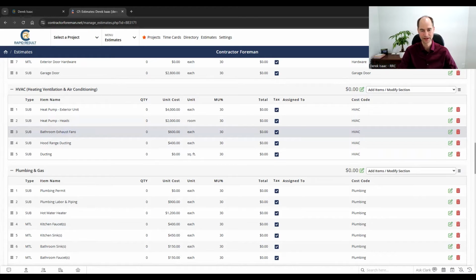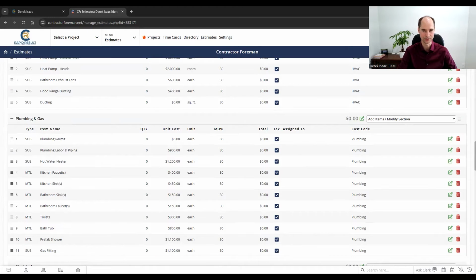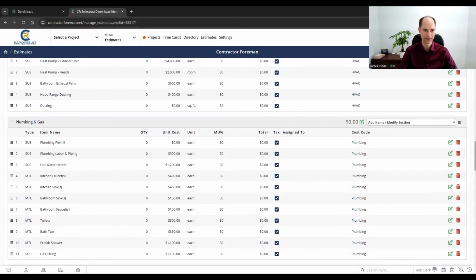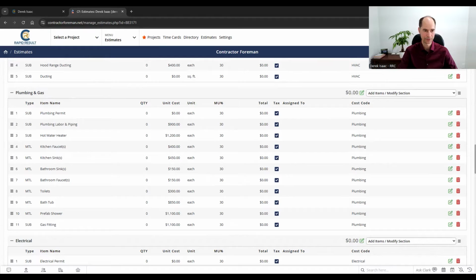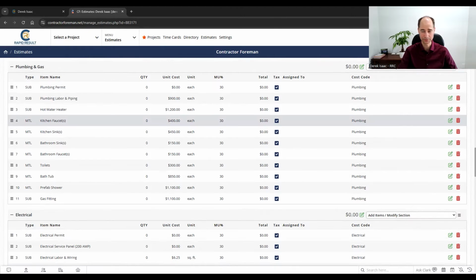which all these things, it's like, oh, it's only $600, right? But at the end of the day, that's 600 bucks plus the markup. Plus you forget a couple of those and it's easy to lose thousands of dollars without having something built out like this. Plumbing and gas, I've got to run through a bunch of the stuff, but just remembering, essentially